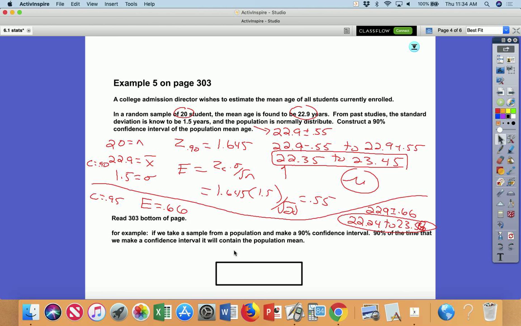What percent of the time is mu going to be between there and there? Well, it depends on the confidence level that you've made. So it equals C. Make sense? The probability that mu is between there and there is going to be whatever confidence level we made that interval of. Okay,